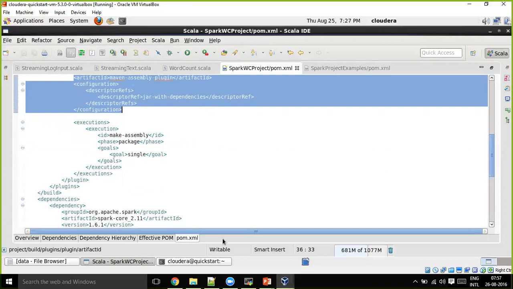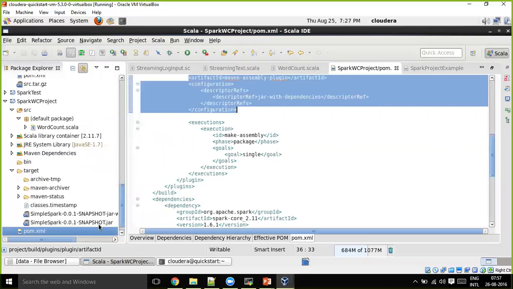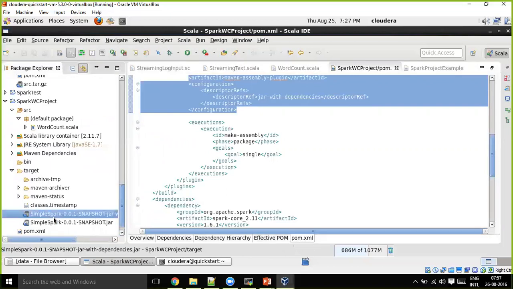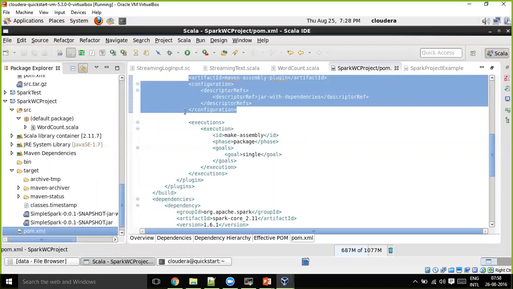It will be huge in size generally, but it will not have any dependency issues or ClassNotFound exceptions. You will not face them even in the cluster when you are running in big clusters.